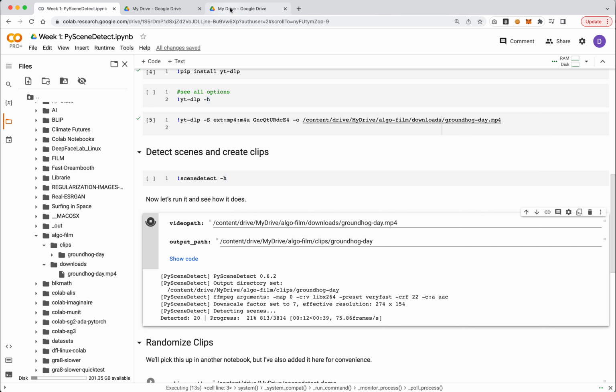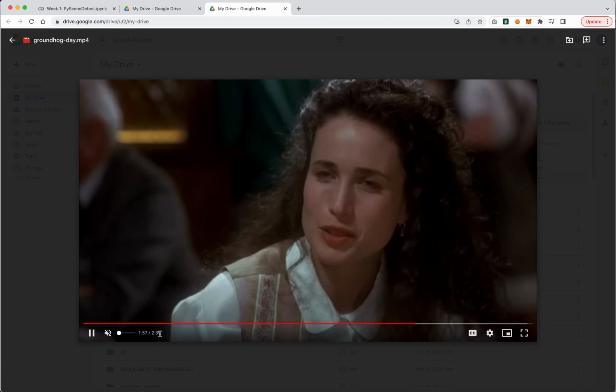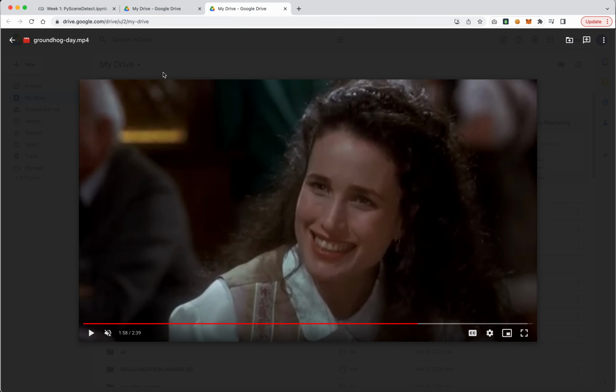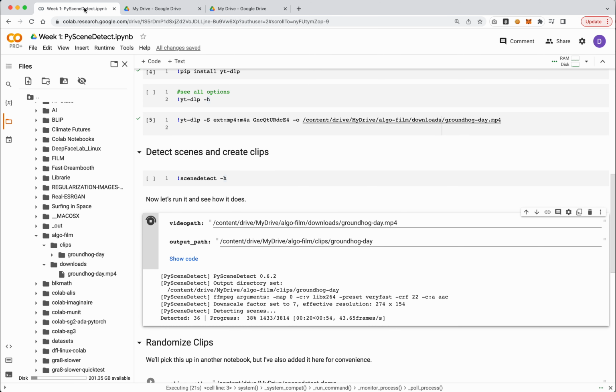It's a pretty short video clip, right? It's what? 2 minutes and 39 seconds. That probably sounds about right for the amount of frames that would be in it at 24 frames per second. So it's now going through and just detecting where the breaks are in this. So again, for anyone interested in the technology that goes into this, it's a little more complicated than just looking at each individual frame and then looking at the next one and seeing how much difference there is. There's some other neat little tricks it does, but for the most part, it's just literally going to go through each frame one by one and say, based on this frame, is the next frame drastically different from the previous frame? And if so, that constitutes the beginning of a new clip.